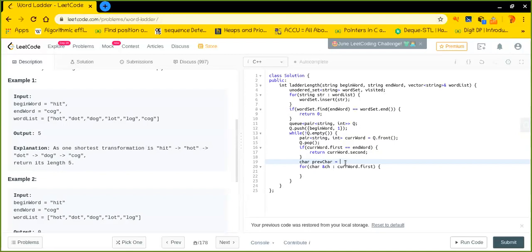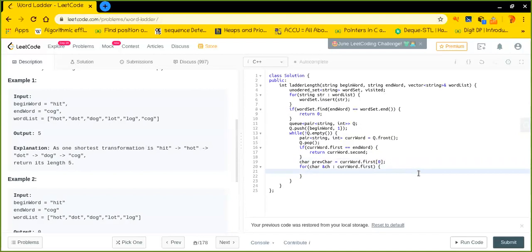So the previous character is nothing but CH, isn't it? That means the first string, first character basically. So the first character is... okay, cool.